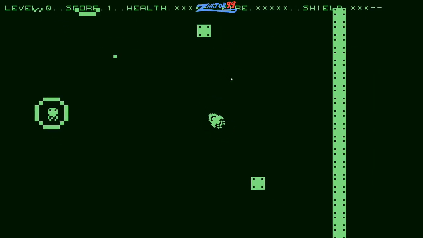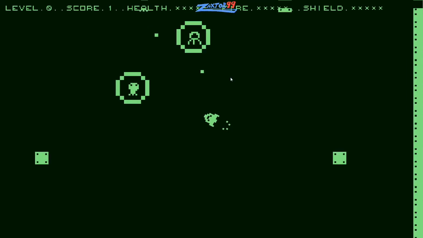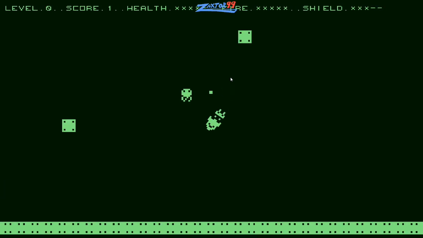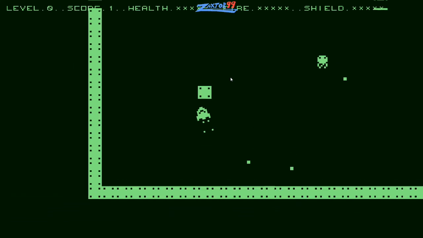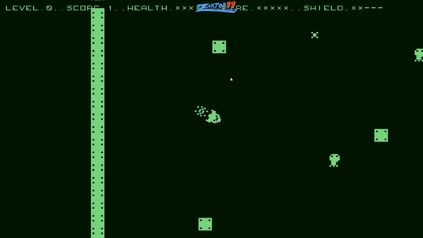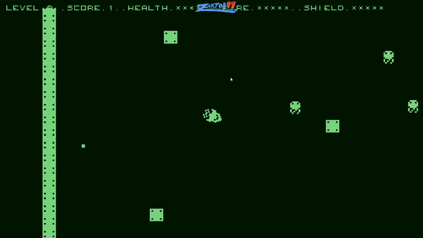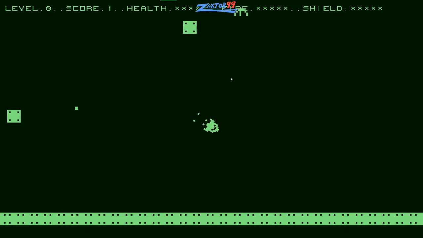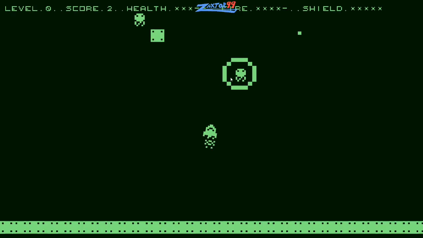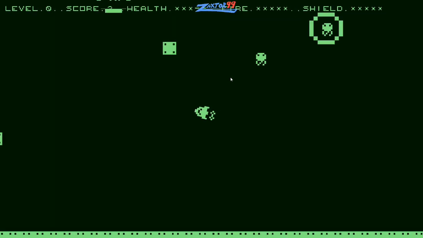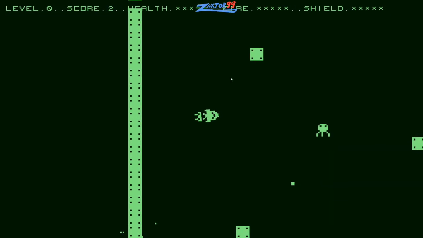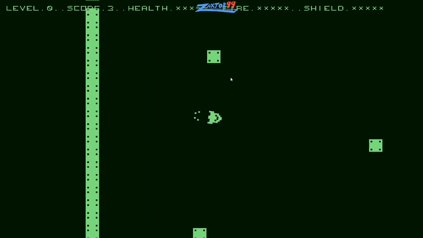Oops. See, I've already lost a health. Oh, I tried to hit my shields, but these enemies are good at putting their shields on just in time. I mean, they're automated, so of course, right? And they're good at moving out of the way, too. Oh. And if you practice, you'll be as good as the enemies here that you face. See how he put on his shield right there at the right time? Right at the split second, right before my bullet hit him, he put on his shield. Damn guy. There we go.